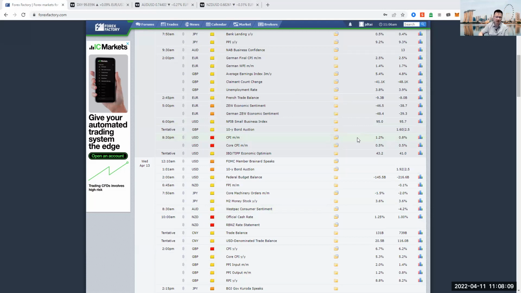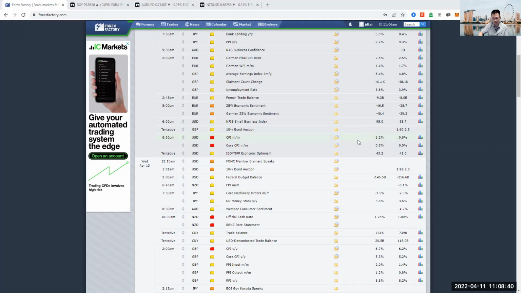Last week, we went into a lot of details about the FOMC rates decision. We're looking at possibly in May, a 50 basis point increase, with subsequent meetings having more 50 basis point increases as well from the FOMC. So if it does come out at a 1.2, or maybe even a 1.3 or 1.4 for CPI from the US, we are likely to see the FOMC take on more action in terms of